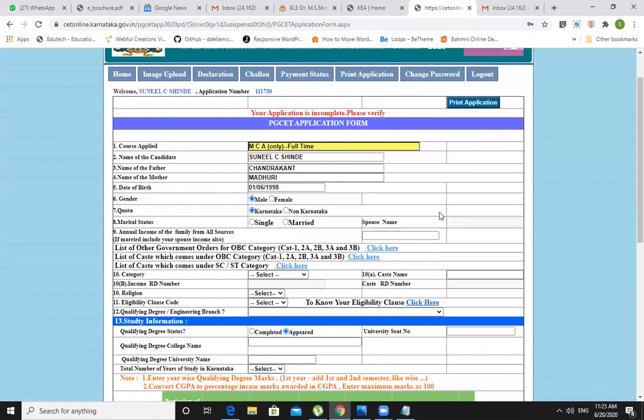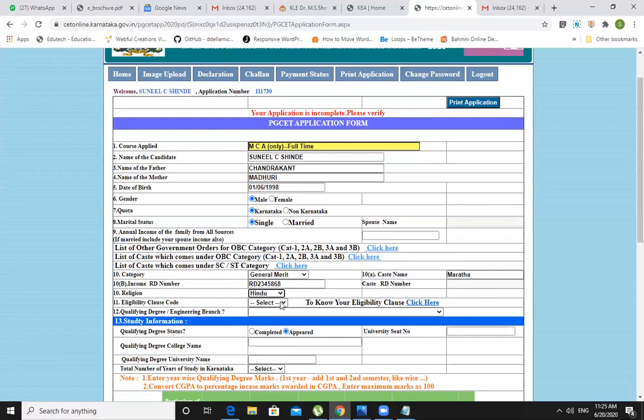Okay, there was a technical glitch from KEA. Fine. Where I was actually, here you need to choose a marital status and category. That is like I'm from general merit. I will be choosing general merit. And here, as I said, you need to input the number, that is RD number printed on income or caste certificate. Okay. Fine. Caste name. And here the religion, that is Hindu.